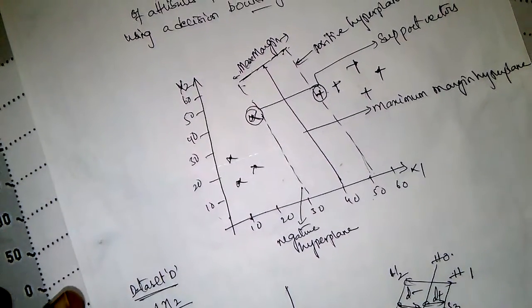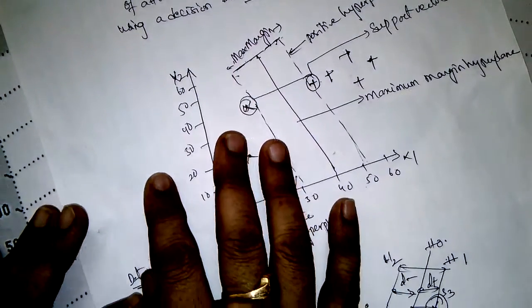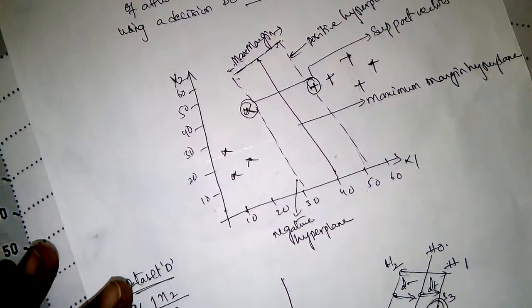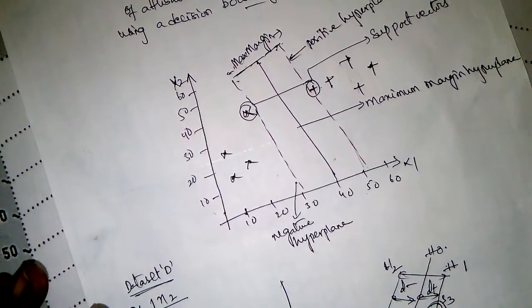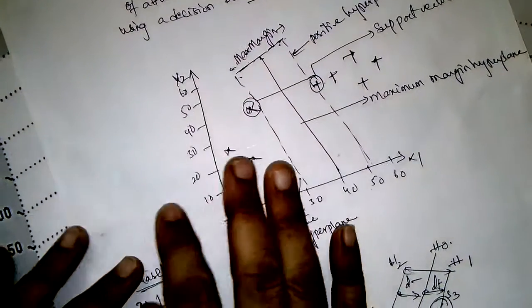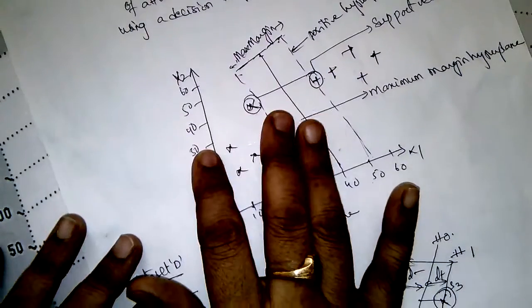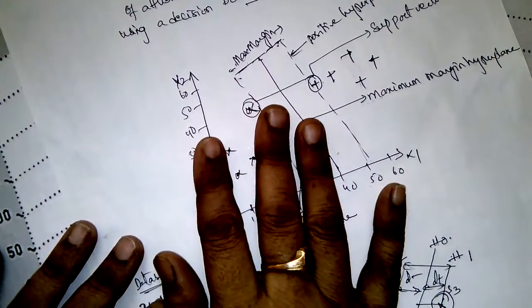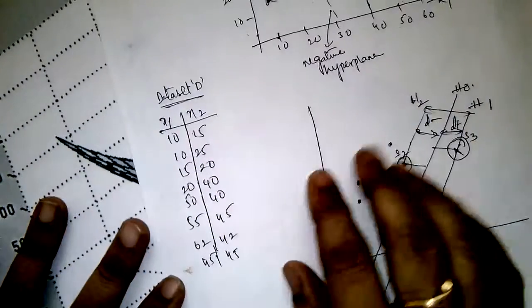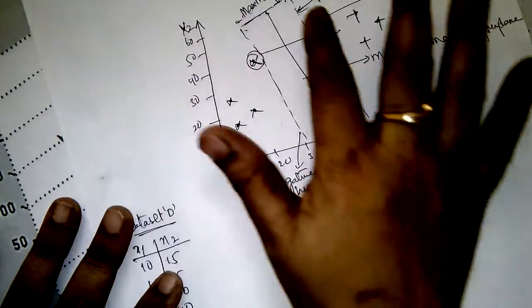The goal of a support vector machine is to create a best line, that is called a boundary, that can divide an n-dimensional space into classes. In a support vector machine the data is represented in an n-dimensional space. Whatever the given data set we have, it is represented in n-dimensional space.